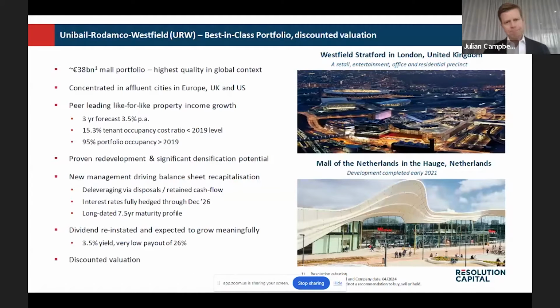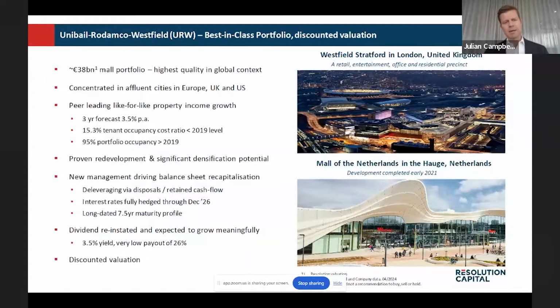Now, to give you a flavour of one of the larger investments in the portfolio, this is one that some of you will be familiar with, given it is the residual part of the Westfield portfolio, Unibail-Rodamco-Westfield. They bought Westfield in 2018, did so with too much debt, which has caused a challenging period for the company in which we weren't invested because of the capital structure issues.